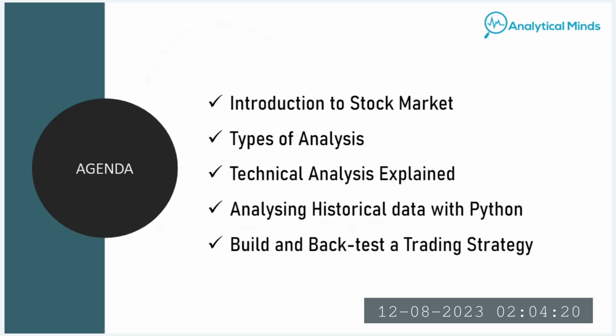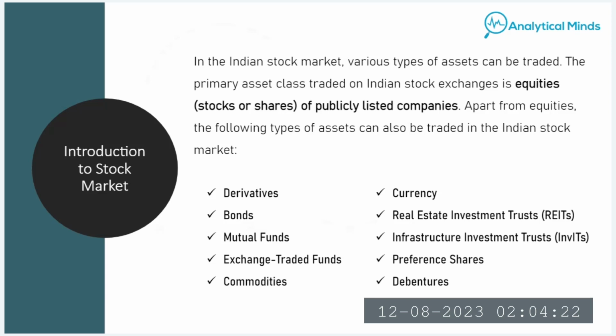Okay. So first of all, understanding about the stock market. So what is stock market to begin with, right? So you can say it's basically where a lot of publicly listed company shares are traded, right? So someone enters into a buy trade, someone is selling their stocks. But it's not just about the stocks of companies. There are a lot of other things that can be traded on the market, like you can see on the screen, like derivatives, like futures and options, bonds, mutual funds, right? ETFs, commodities like gold, silver, crude oil,